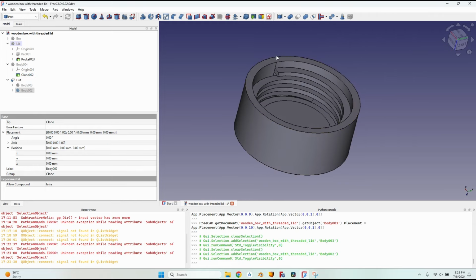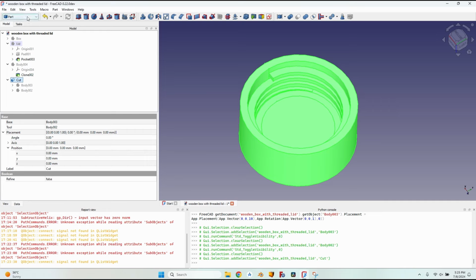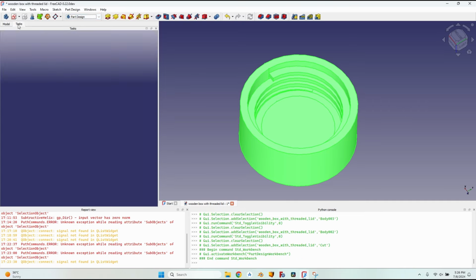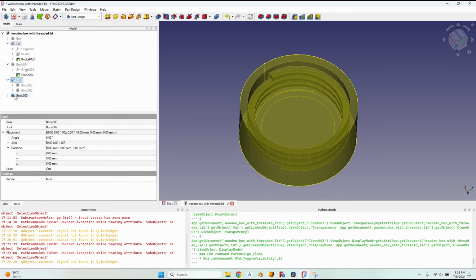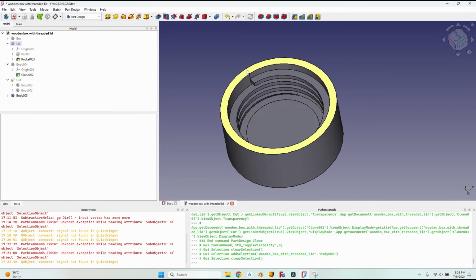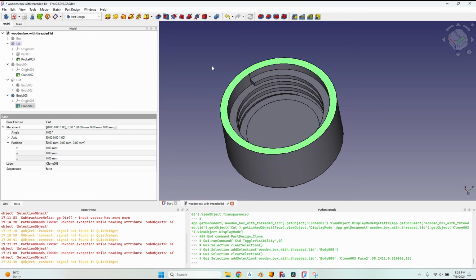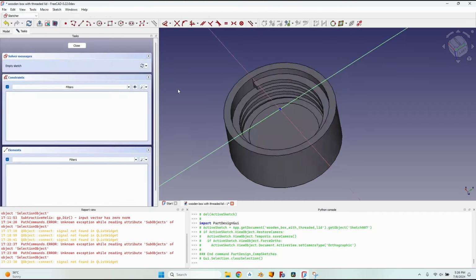What I still need to do is to make a little recess on this part. Let's move it back to the part design workbench, but I cannot make any modification on the cut, so I will need to make another copy. I will hide the cut again, and on this body I will select the top face because that's the only planar face up here. I cannot use this spiral face,